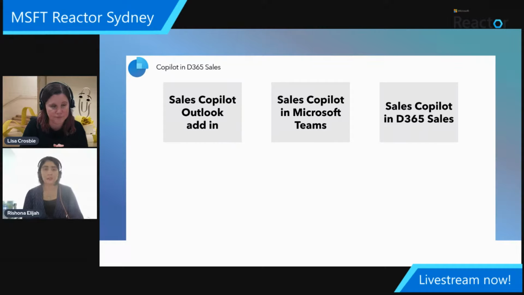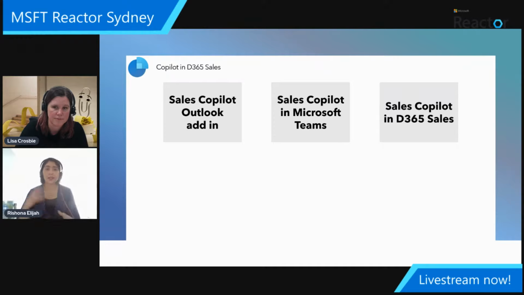All right, so the stuff with Dynamics 365 Sales, I have to say I've been relying on this quite heavily recently. I think out of all the features we are showing today, this one is going to be my favorite one. There's some really cool stuff going on here. So big one is that we have this Sales Copilot add-in that you can get for Outlook. So as you're working in Outlook, whether that's desktop or web, you have this Copilot pane sitting there to help you do things like summarize email threads for you.